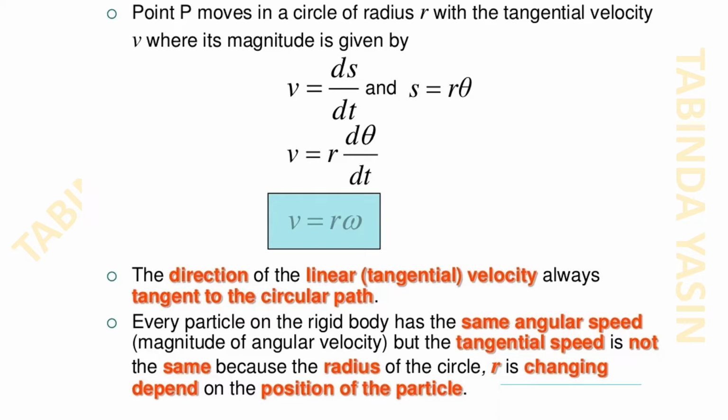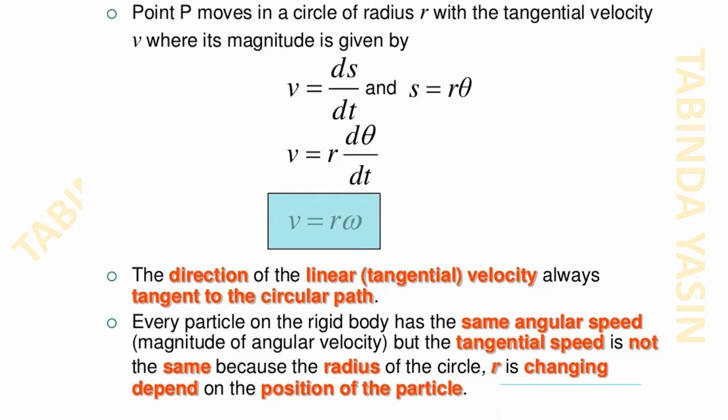And you know that the rate of change of angular displacement gives us angular velocity, so we can write v is equal to r omega. The direction of the linear tangential velocity is always tangent to the circular path. You know that already. Every particle on the rigid body has the same angular speed, or the magnitude of angular velocity, but the tangential velocity is not the same because the radius of the circle r